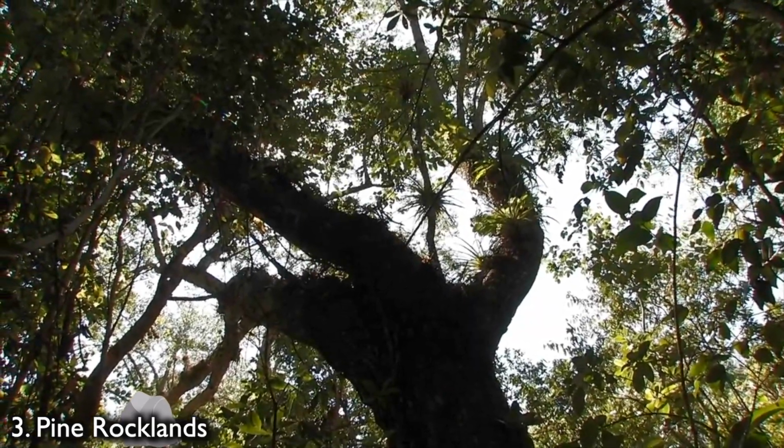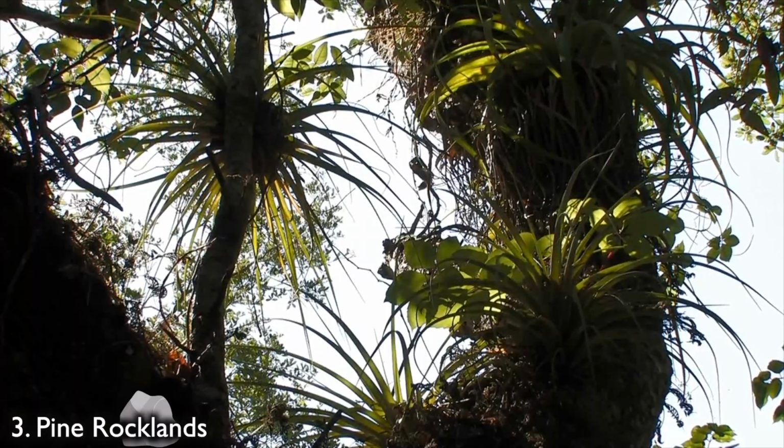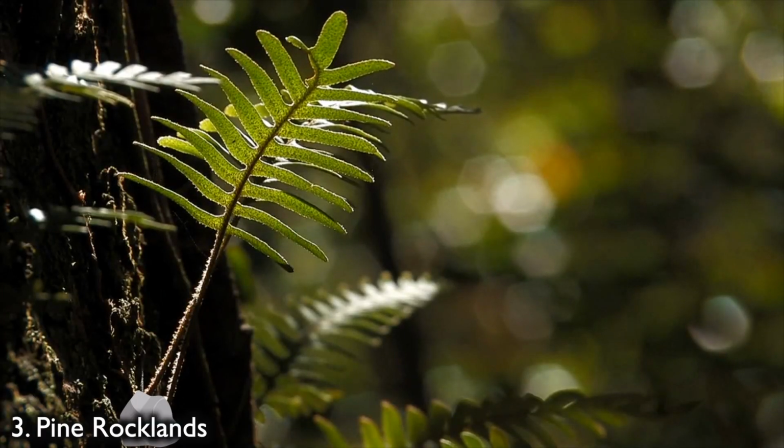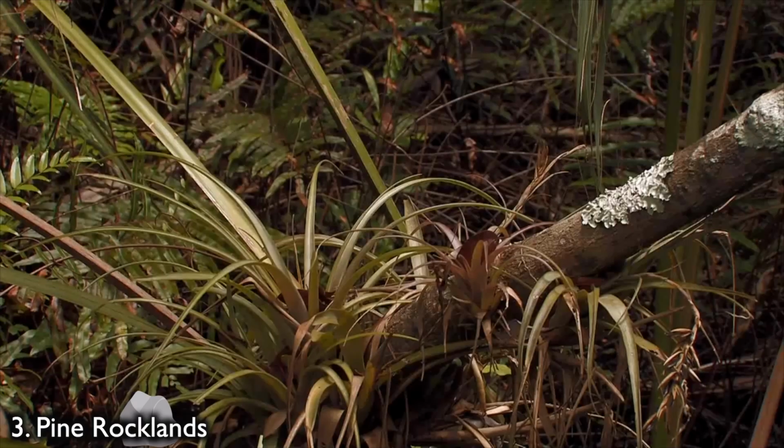And if the hardwood hammock trees were to grow in the pine rocklands, they would eventually grow tall enough and create a canopy of shade. Well, like I said, the plants in the pine rocklands are incredibly dependent on abundant sunlight, so having a bunch of new shade in the area is going to end up killing these plants. In other words, if the hardwood hammock trees grew here, they'd eventually block out the sun and significantly alter the